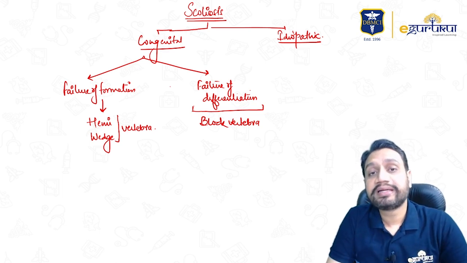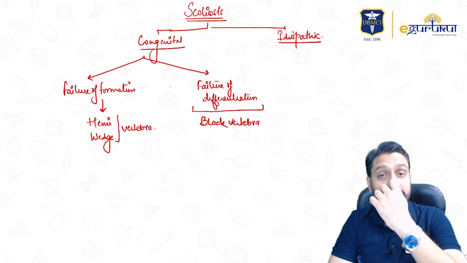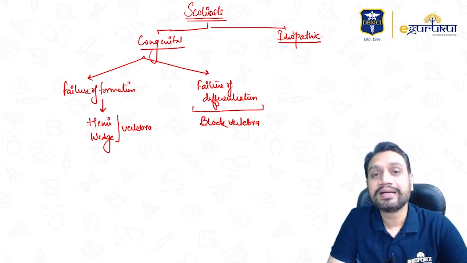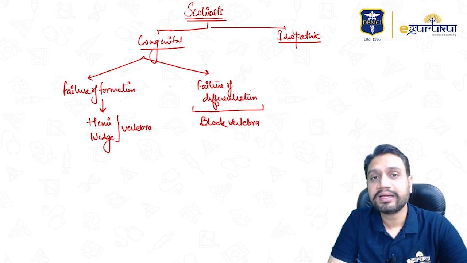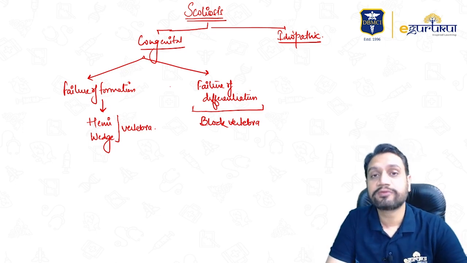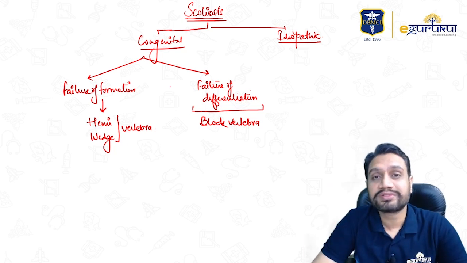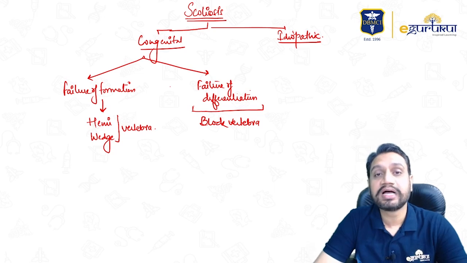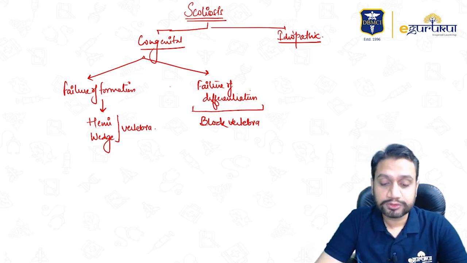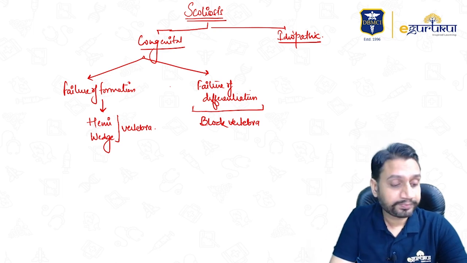You should know that if a child or an adolescent comes to you, how you are going to treat it, by what braces, whether it is a Milwaukee brace, a Risser's cast or a Boston brace, what kind of brace you are going to use for the scoliotic deformity, and the angle, the Cobb's angle, which we have discussed earlier also under scoliosis. So scoliosis and osteoporosis are the two most important topics which have been repeated frequently in the last few years of INI-CET exams. So please do remember these two important topics.